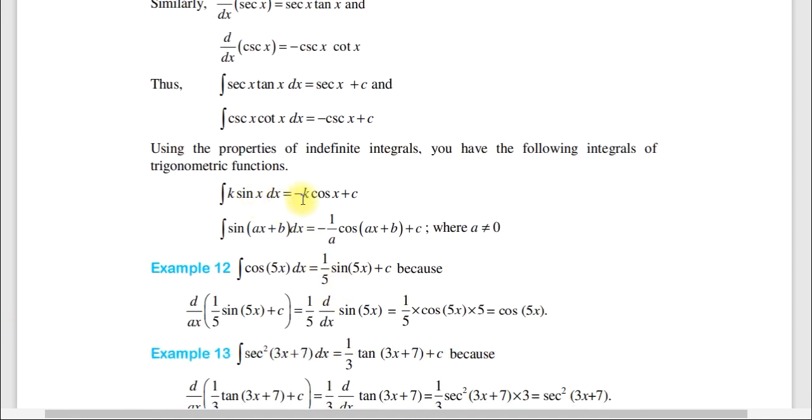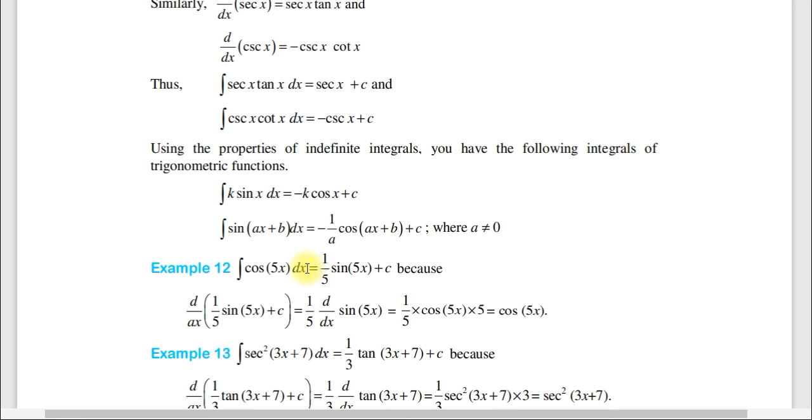K sin x dx ማለት negative K cos x plus c ማለት እንደሆነ ማወቅ አለብን፣ constant K ቢሰጠን ማለት ነው። እዚህ ጋር ደግሞ ax plus b form ቢሰጥስ the integral of sin ax plus b dx ቢሰጥ minus 1 over a ማለት ኢነሩንም ስለምንሰራው ማለት ነው በቻይና ሩል minus 1 over a cos ax plus b plus c, but a ከዜሮ መለየት መቻል አለበት ይለናል።